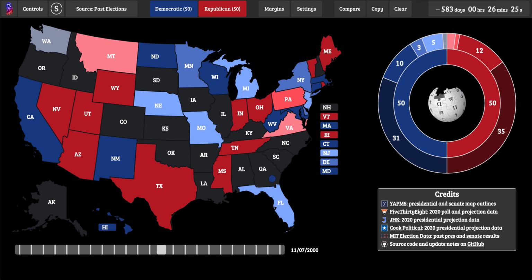Now, the reason why I'm doing this is because ahead of the 2022 midterm elections, we probably won't reach a 50-50 tie again. 20 years ago, in the year 2000, we saw a 50-50 tie as well, and 20 years later, we're right back there. It's a full circle moment, and I think that it's just interesting enough that we can go ahead and look